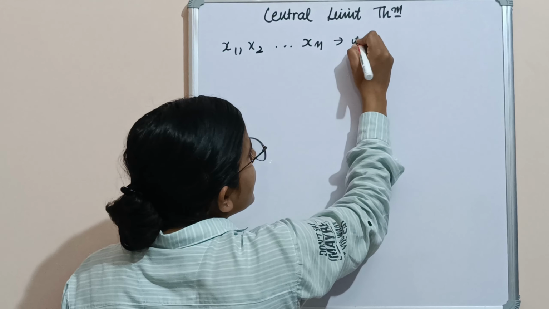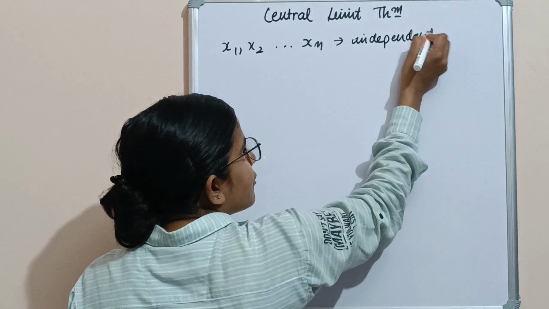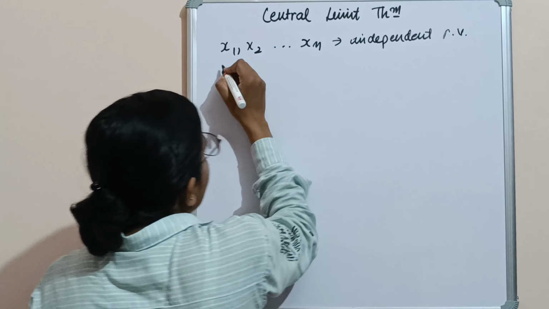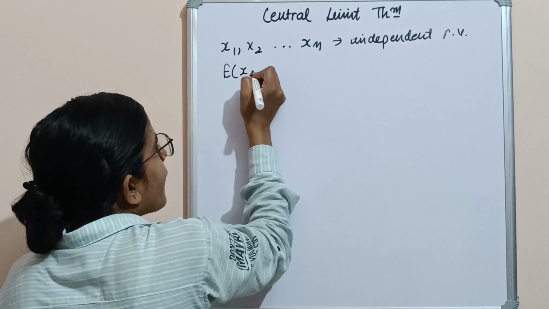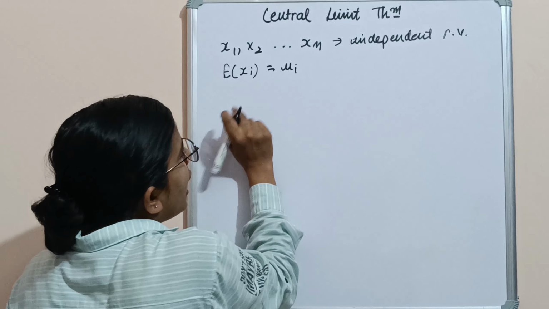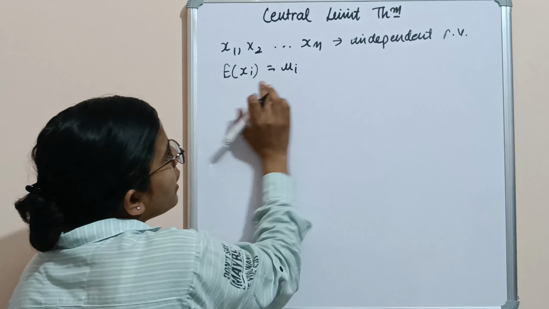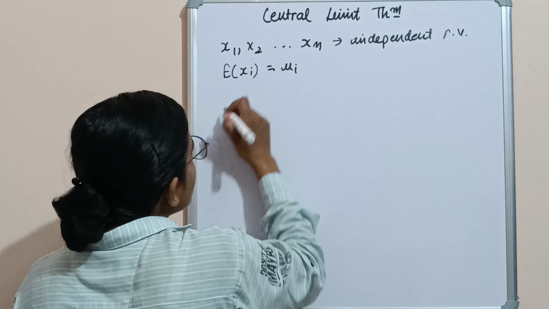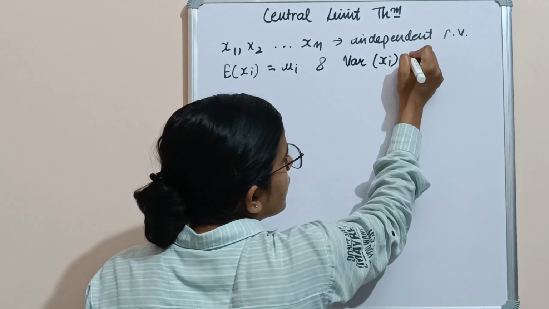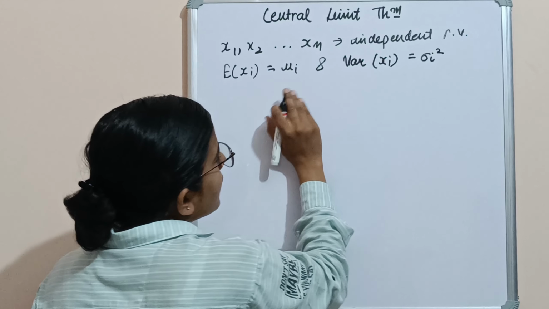These are independent random variables, and if expectation of xi equals mu i, the mean of the ith random variable is mu i, and variance of xi equals sigma i square, then